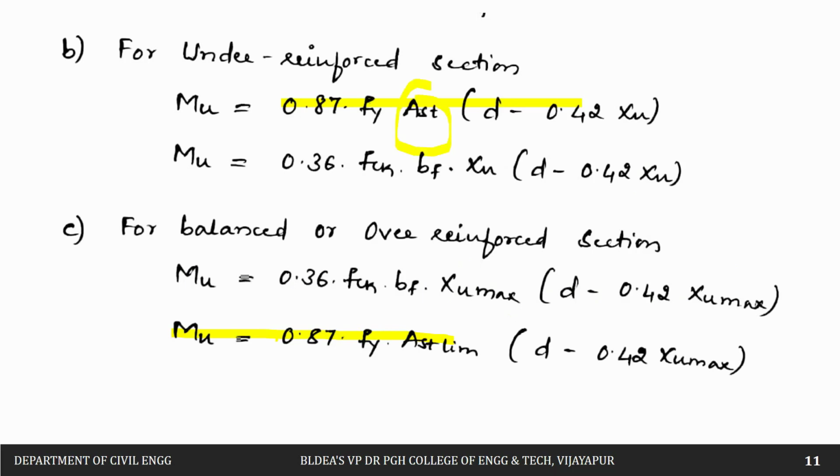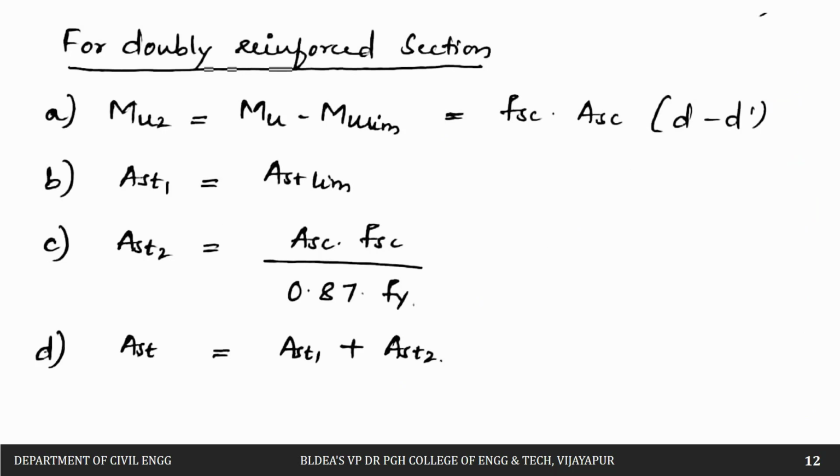It was AST, now it will be the limiting area of steel. So this XU will be XU max when it is a balanced or over-reinforced section. It is the same as what we have already covered. If the depth of the neutral axis is less than the depth of the flange, that is for a singly reinforced section. Now if it is a doubly reinforced section, again the same thing we have covered, everything